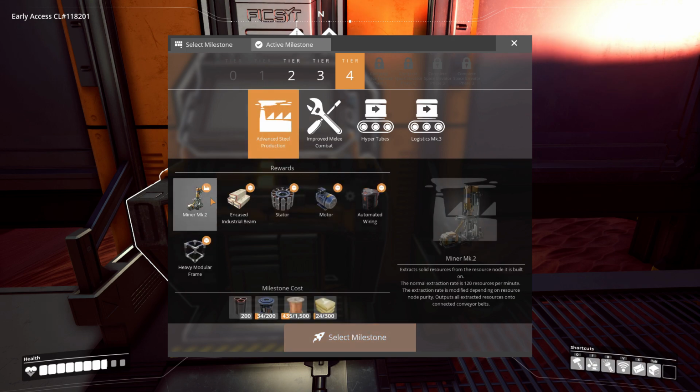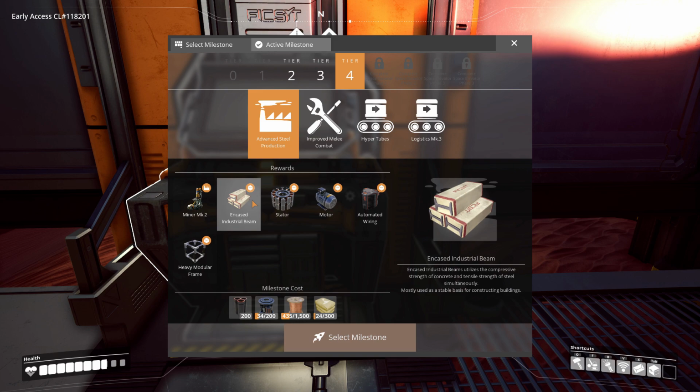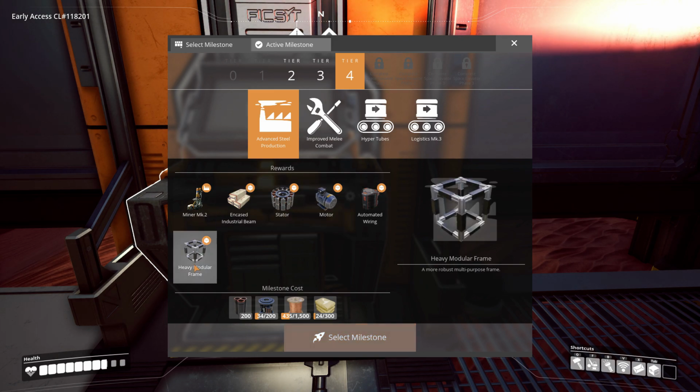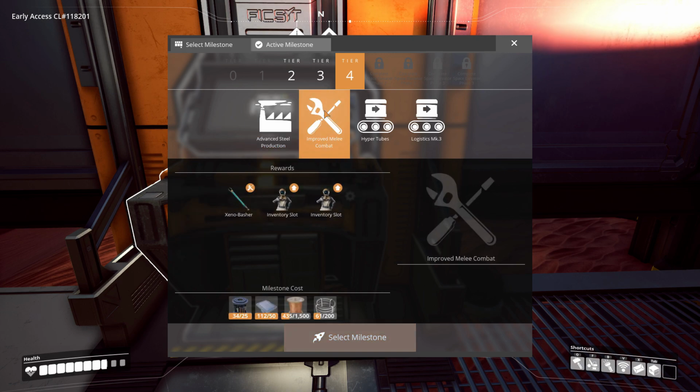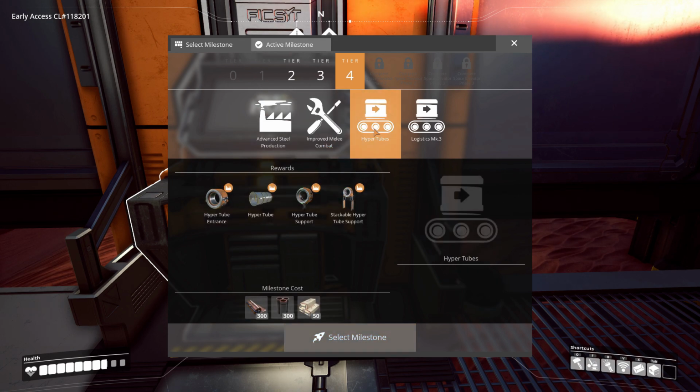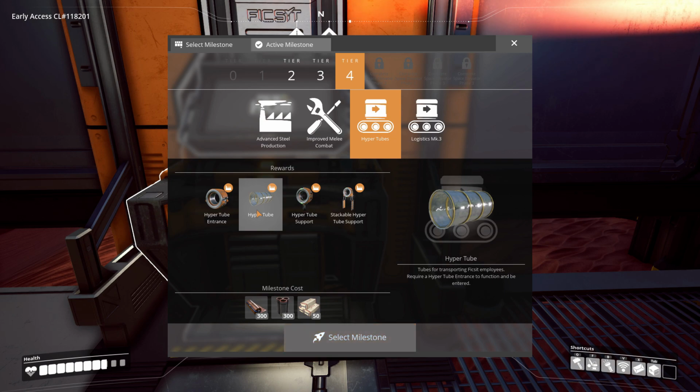Tier 4 has advanced steel with a second tier miner. Industrial beam, stator, motor, automated wiring, heavy modular frame. Then we've got basically a big bat to hit aliens with. All right. Hyper tubes. Oh, this is new with the new update as well. Oh, I'm excited to try these things out. Hyper tube. And